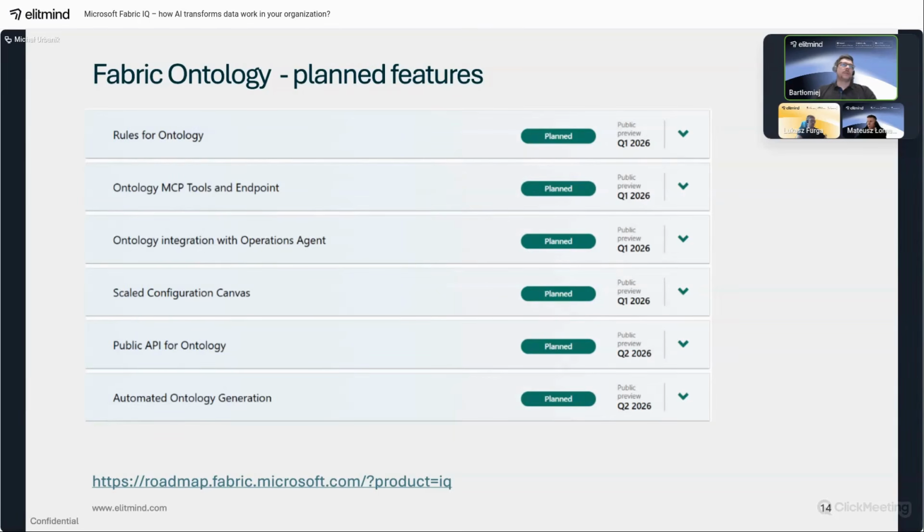And last but not least, the automated ontology generation, which will probably mitigate some issues that we currently have with generating the ontology from a semantic model.